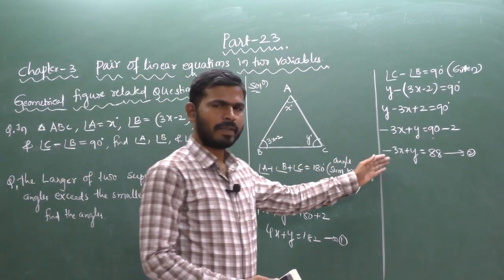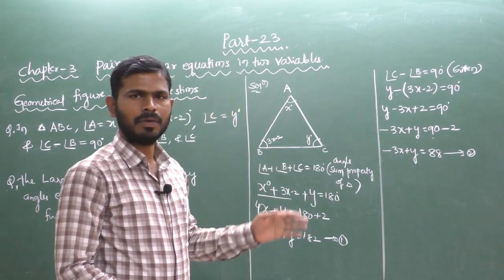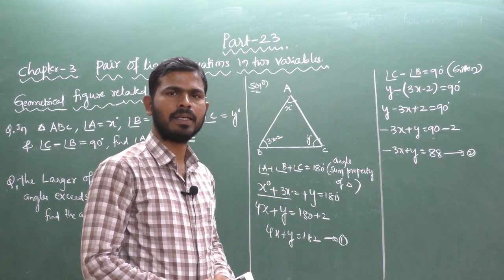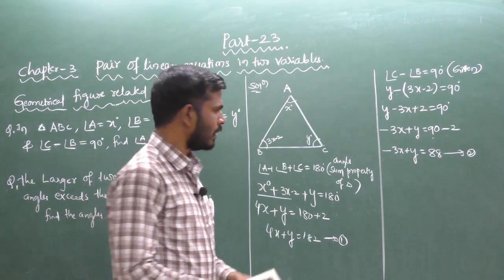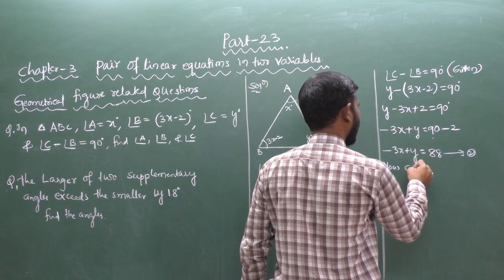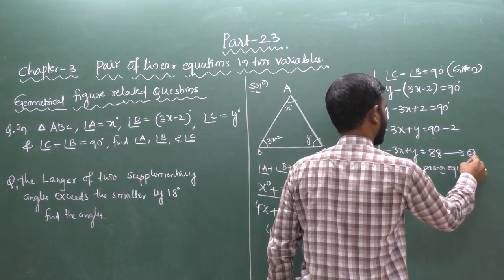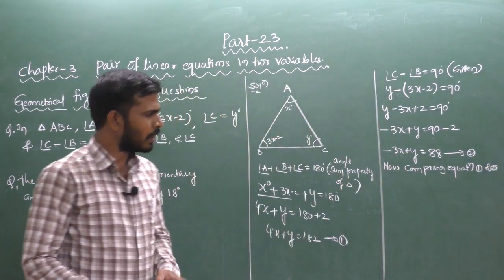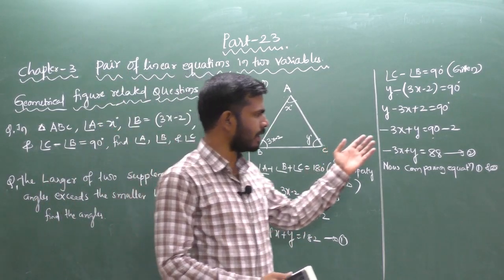You can see here this is equation number 2, that is x term, y term, next constant term. So it is in the form of a pair of linear equations in two variables. That's why you can call it equation number 2. Now we can compare, comparing the equation 1 and 2. Suppose you have to compare equation 1 and 2. This is equation number 1, this is equation number 2.